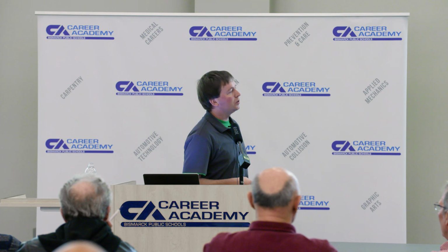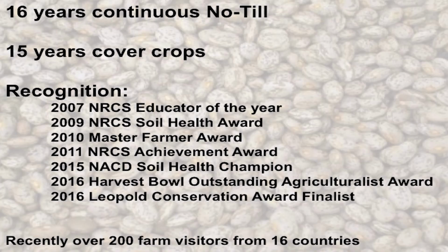And in 2001, we bought ourselves a single disc opener, no-till drill, and we haven't turned back since. We've been no-tilling then continuous for 16 years. For 15 years of cover crops, I would say the first 6 or 8 or so years, we were thinking one cover crop here for this reason was it, until we learned from, well, you guys right here in Burleigh County about the diverse mix of cover crops and what that looks like and how that is beneficial for the soil. That was the missing piece of the first 4 to 6 years of our cover crops that we didn't have